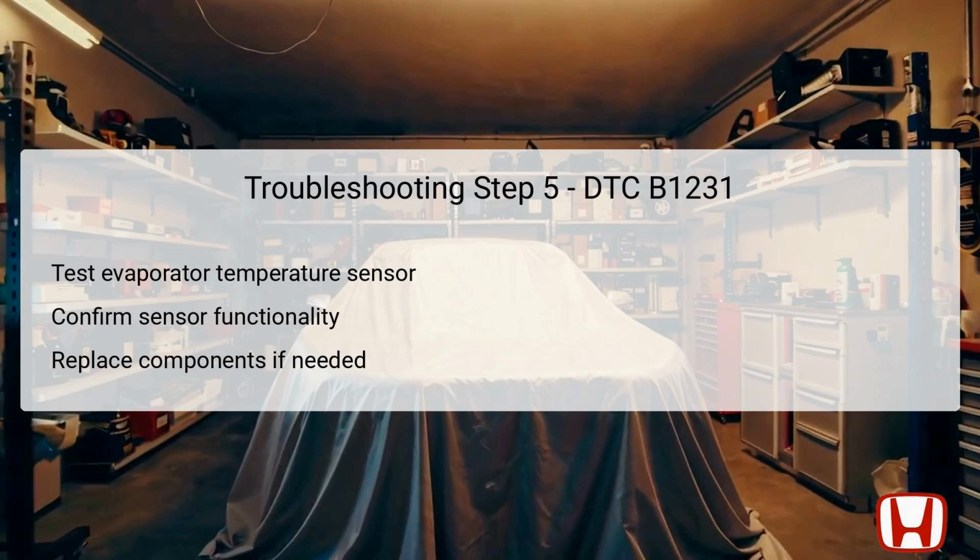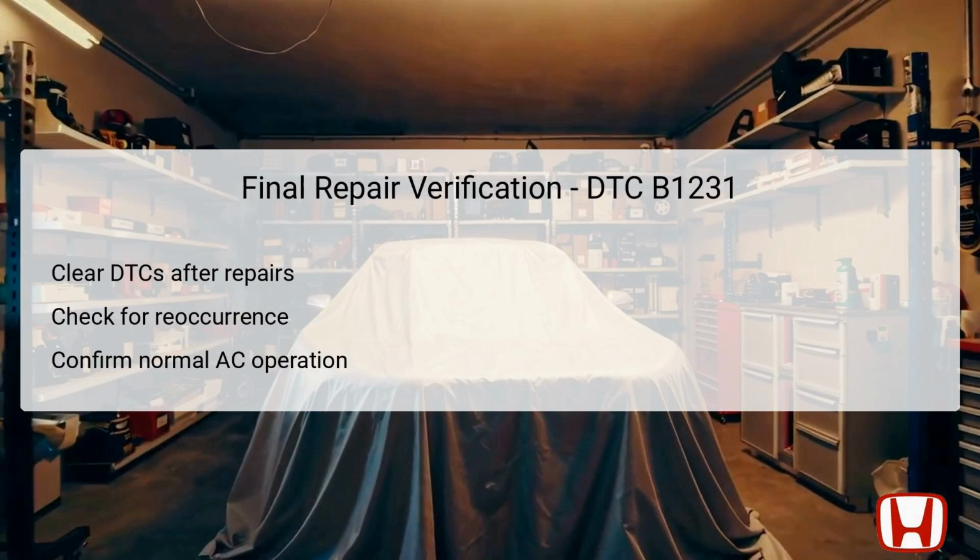However, if any fault is detected in the sensor, it must be replaced to restore proper functionality to the AC system. This evaluation ensures that all components are working as intended and confirms that the issue associated with DTC B1231 is comprehensively addressed. After completing the necessary repairs related to DTC B1231, always clear the DTCs with the HDS before